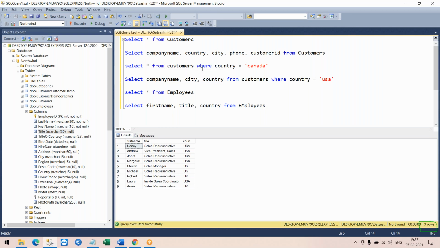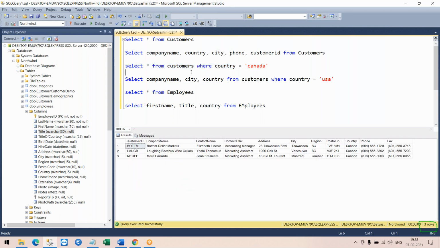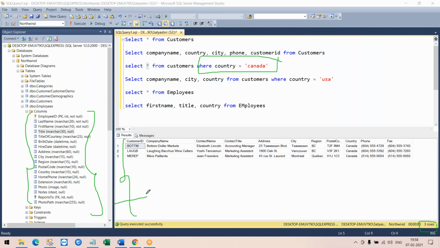What was your question? Where country is equal to Canada? You're still using star, right? Star is to fetch the column information inside your table. A condition applies at the row level. Rows tell me which customers you want, because every customer is identified in a row.